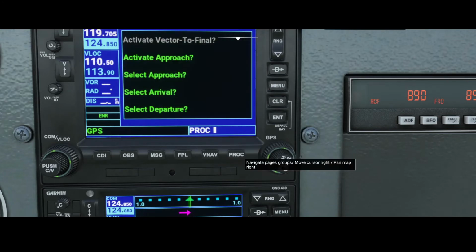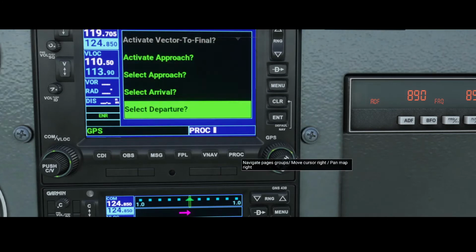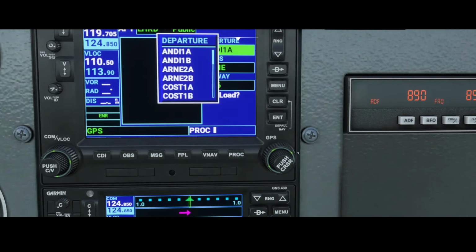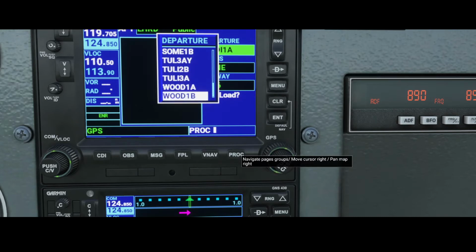Now I can go again to the procedures page, go to departure, hit enter, and then I can select the departure. I showed you this also in another video which I posted this week, and if you look at the top of the screen you can see that video on how to select the correct departure route. In this case I can press enter and I will see several departure routes: Andy, Arnhem, Enki, Lonnap, Som, Tol and Wood. So let's select